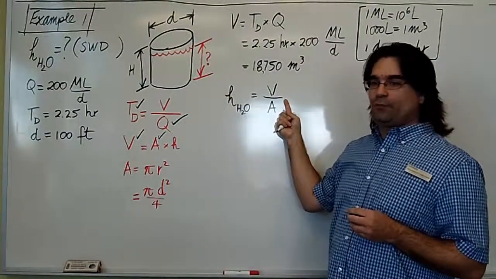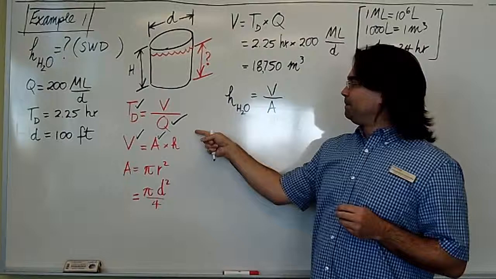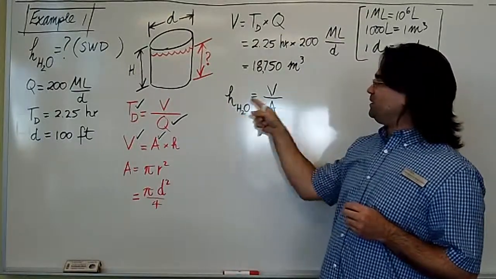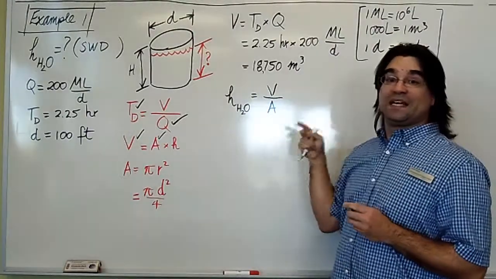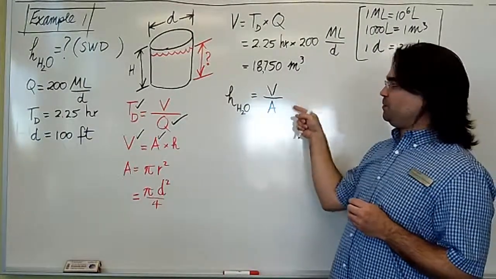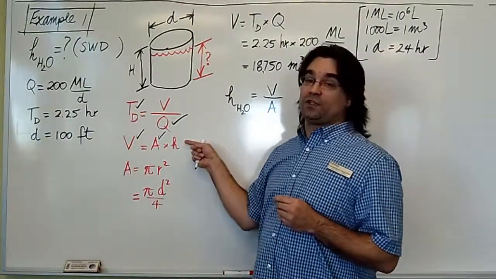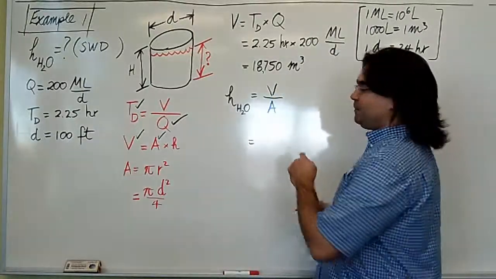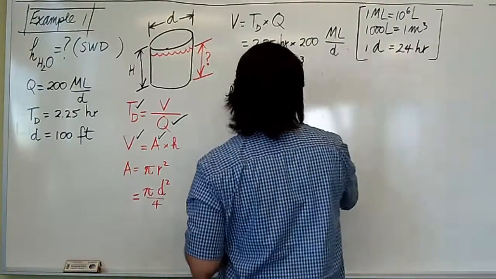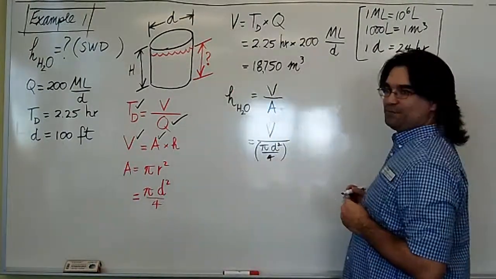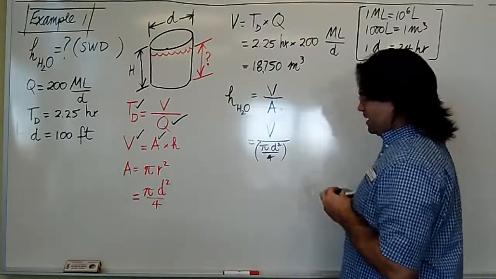So firstly, I rearrange the formula. So the height is equal to the volume of water divided by the surface area, because it's a cylinder. The formula would be slightly different if it were a different shape. I also remind myself that the area, in this case, is that of a circle. Okay? And my final step,